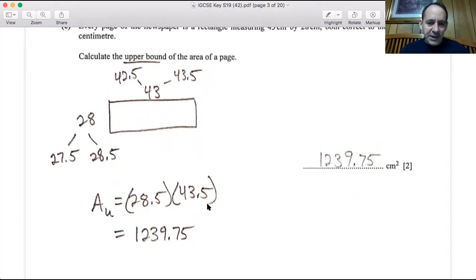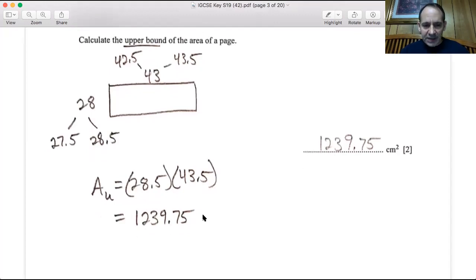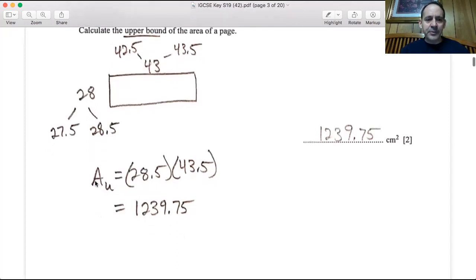So you're going to have to figure out which of those measurement values you want to use to get the upper bound for your formula. So sometimes you use both upper, sometimes both lower, sometimes one of each. It depends on what the formula is. You're going to have to figure out which combination in this case gives you the upper bound or the maximum value. So for area, since it's multiply, you want to multiply the larger values and you get